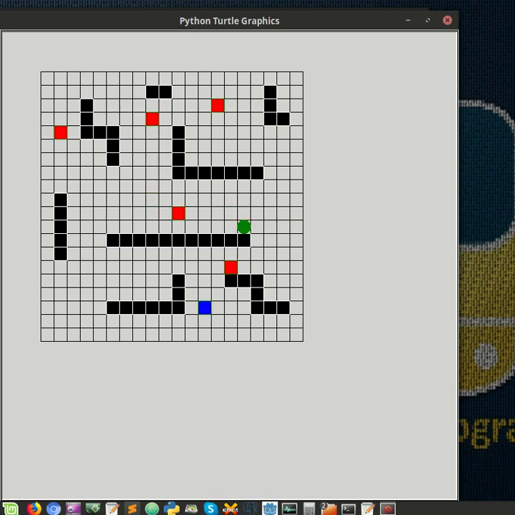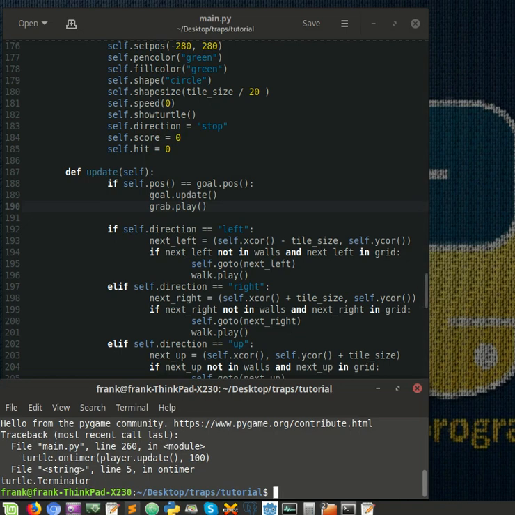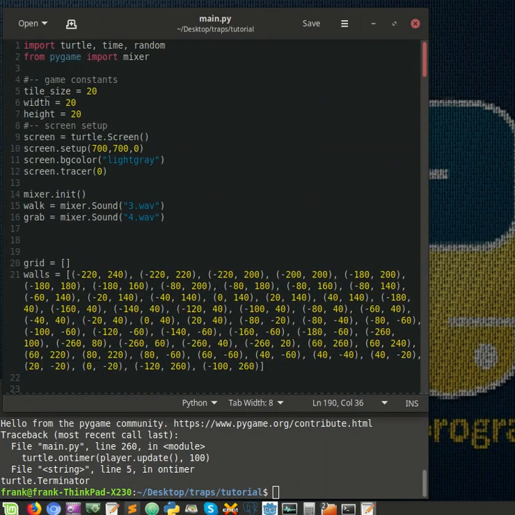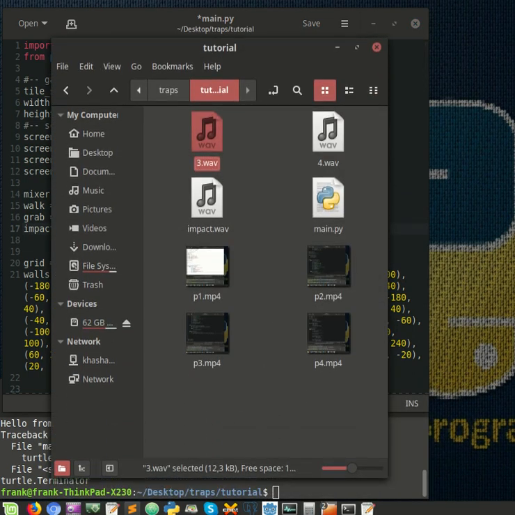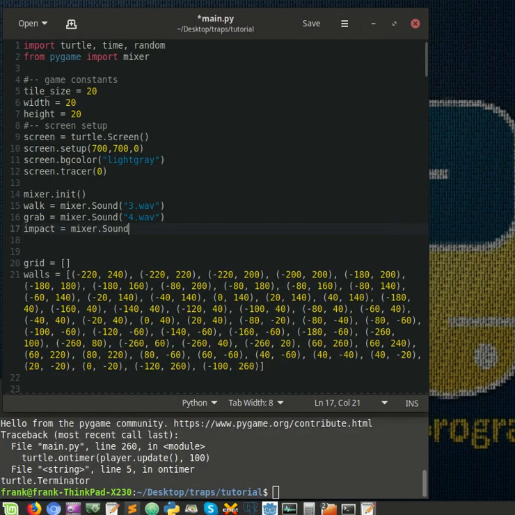Okay, now I want a sound for when they hit him, and there would be up there again, so we go up. Where is my cursor? We go up, and under grab let's call it impact equal mixer dot Sound. What was my file here? Impact dot wav. So Sound parentheses impact dot wav,